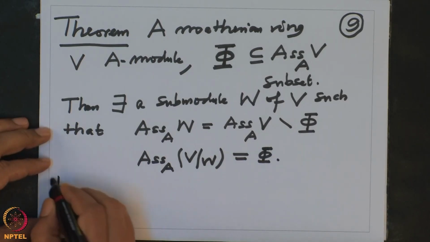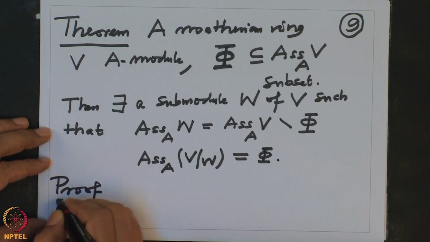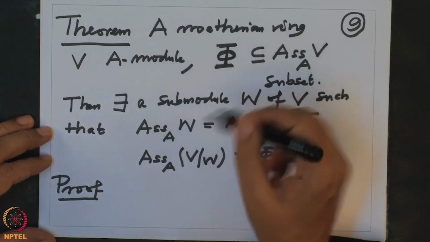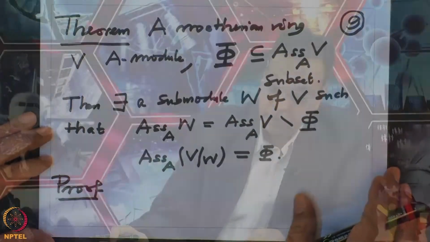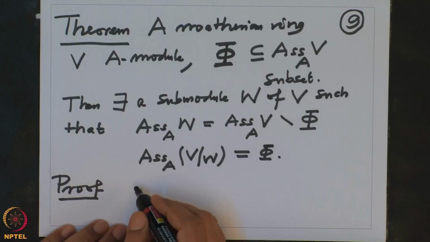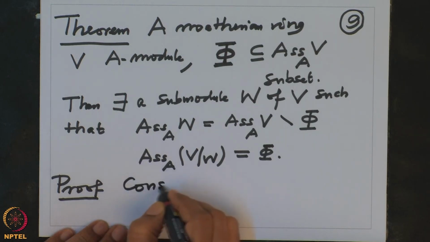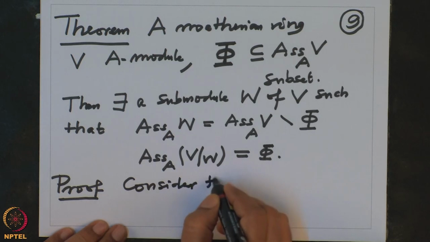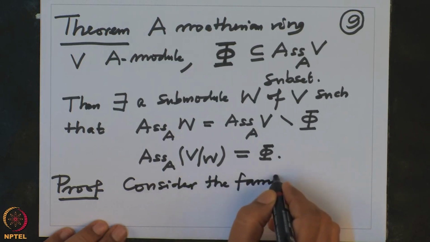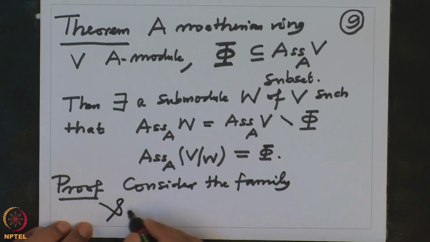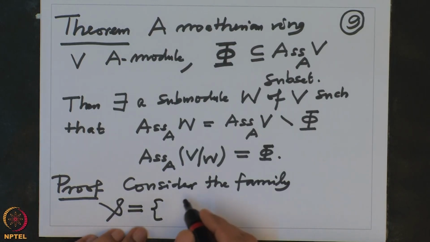So, proof. We have given a module and given a finite subset of the associated primes, and we want to construct W, and therefore we will construct V by W, and then we will check. So, now what do you do? You look at the family. So, consider the family of submodules S. This is by definition all the submodules P